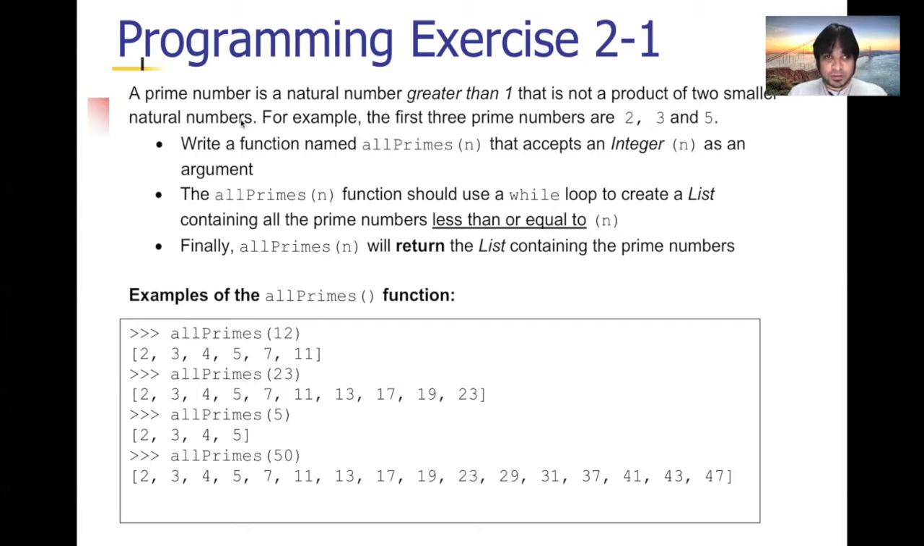The definition is given in the handbook and over here also, that a prime number is a natural number greater than 1, so not 1, greater than 1, that is not a product of two smaller natural numbers. So to put it into perspective, if we pick a number, let's say 11, well, 11 is a prime number,